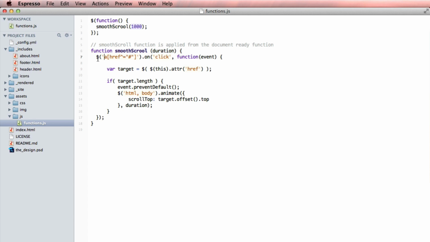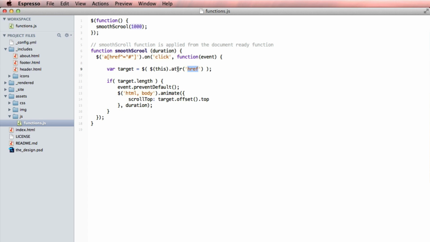Now what the function does is it looks in the whole document for all of the anchor tags with an href starting with a hash, or actually that says that a hash can be anywhere in the href. So look for them all, and then be ready with an on click. So if you click them, then this will happen. First, store a variable called target. Now this target will look at the link that you just clicked and look at its attribute of the href